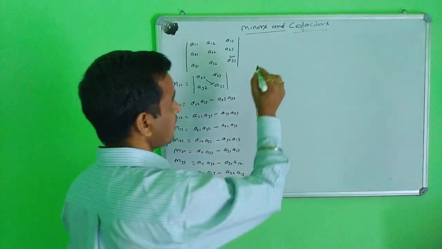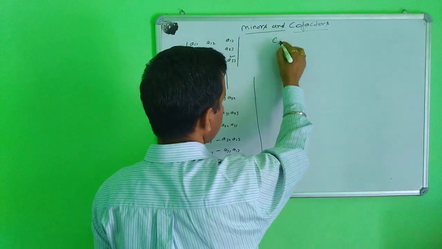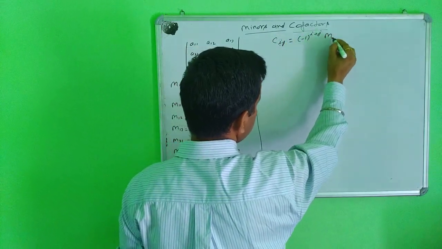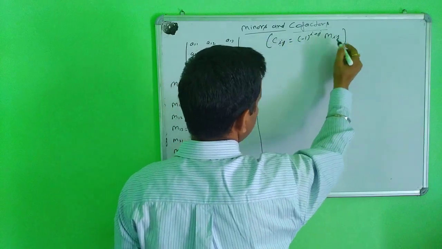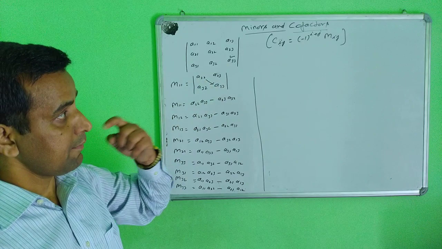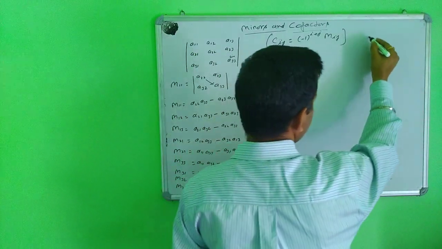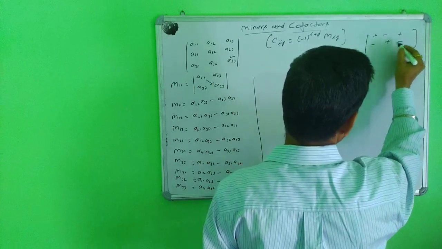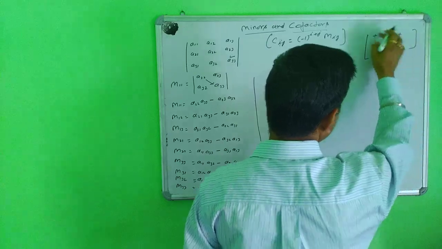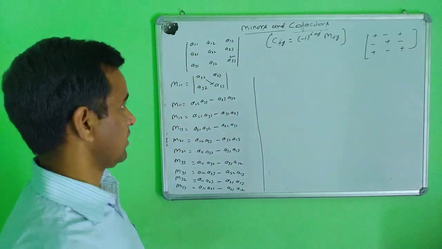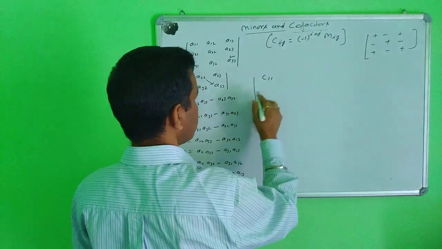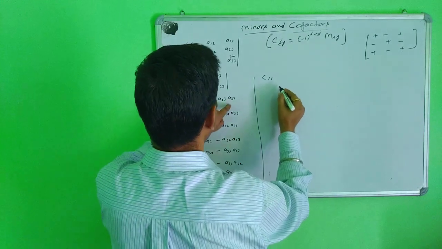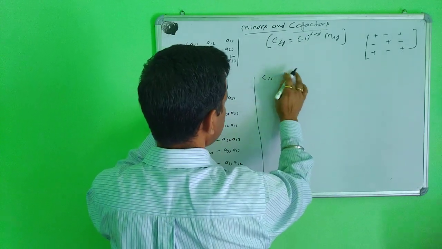First, you can identify the cofactor Cij as (minus 1) to the power i plus j times Mij. That is the first way, using this identity. The second way: you can directly use this table, plus minus plus, minus plus minus, plus minus plus. Use this table and directly convert into cofactors. Suppose C11, the first element here is positive. I am going row-wise, so this is my positive sign here. Directly write here